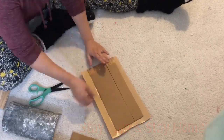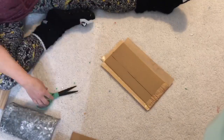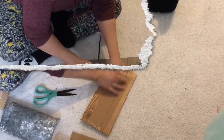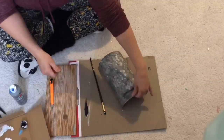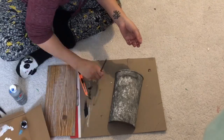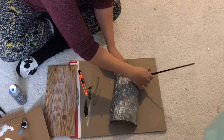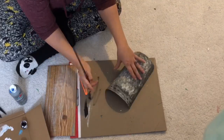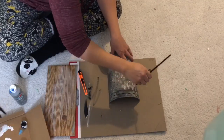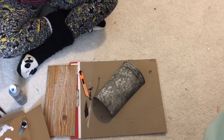I'm going to trim off the corners just so I can lay my piece flat. Now for my two wall hanging planters, I wanted them to be slightly different from one another. So on one, I drew little black lines to make them look like little indentions or the galvanized holes that a lot of planters have. So I kind of just drew or painted them on and then dry brushed